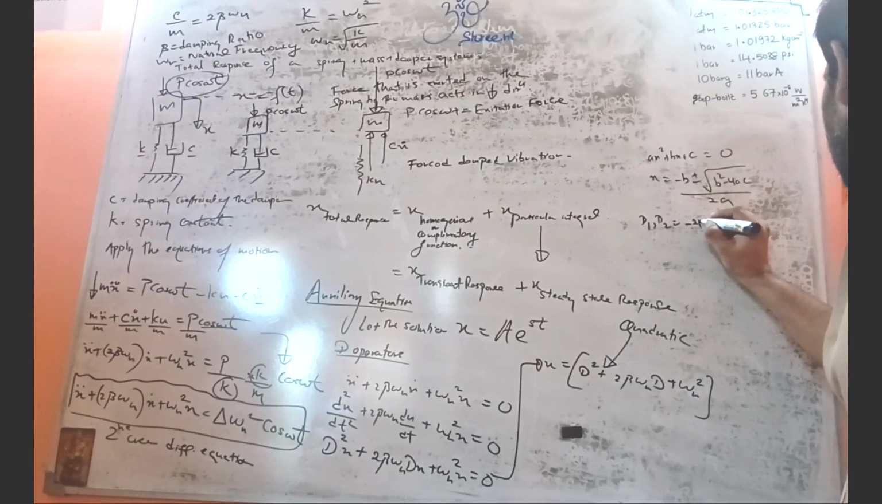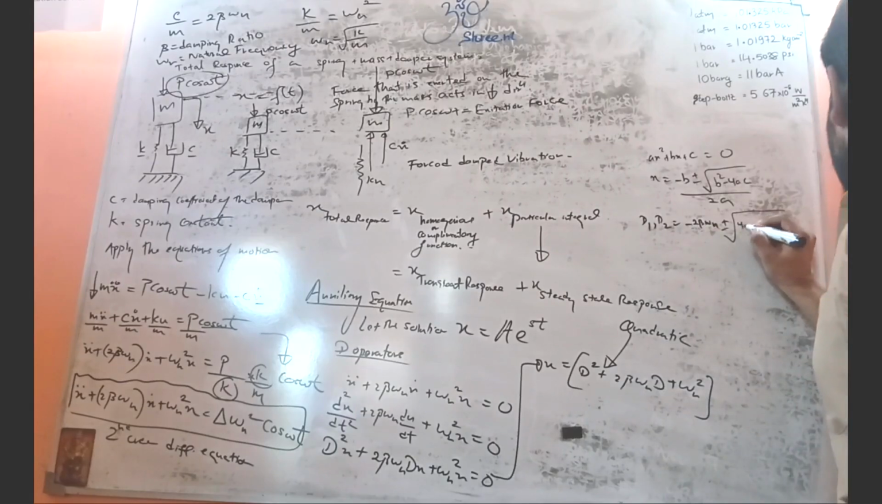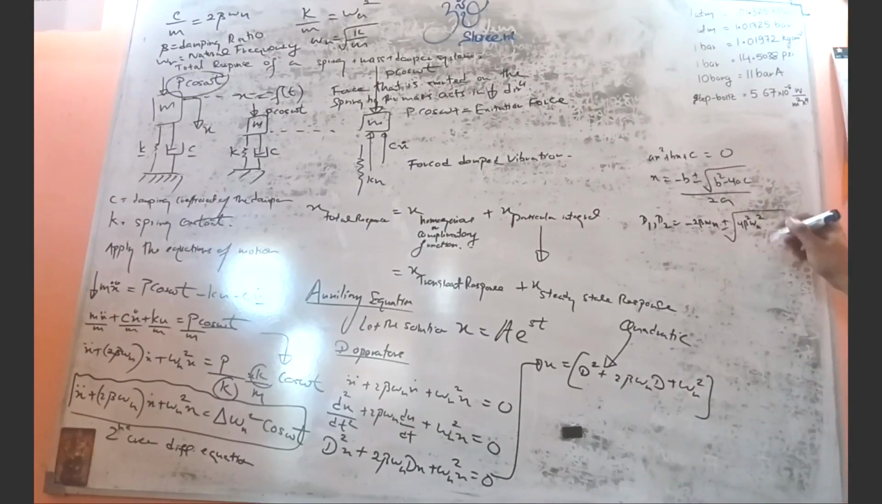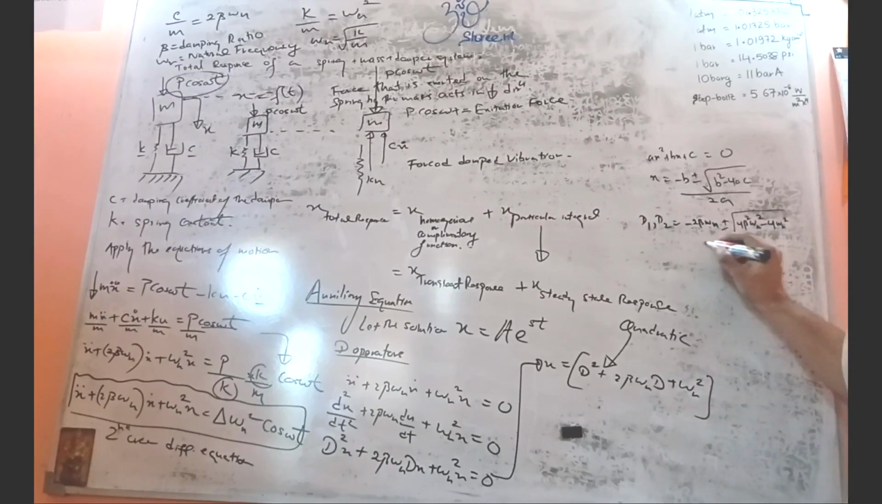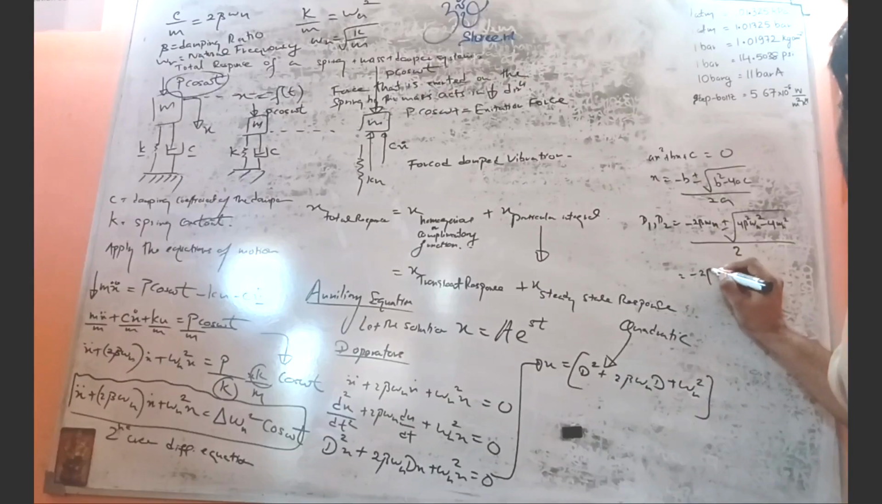Minus 2 beta omega n, plus or minus the square root of b squared. What is b squared? Minus 2 beta omega n, the whole thing squared, so that will be 4 beta squared omega n squared. Then b squared minus 4ac: minus 4 times a, which is 1, times omega n squared, divided by 2 times a. The coefficient is 1, so it will be 2. So if you simplify that, here we have 2 beta omega n plus or minus